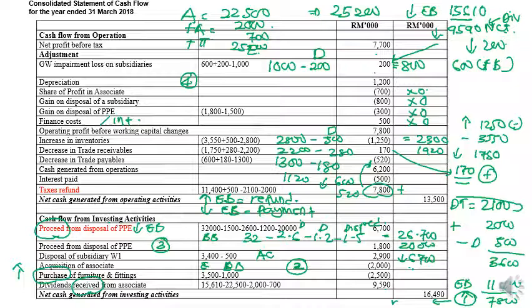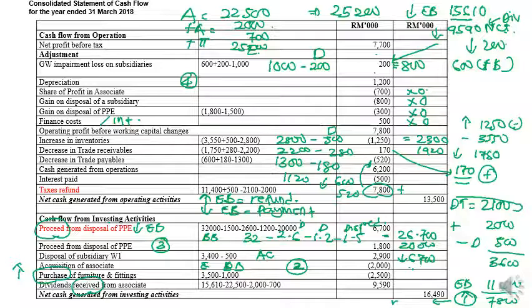1,120. So 1,120 compare with 600. So 600 means that there is a reduction by 520. Yeah? So reducing, this is your trade payable. Reducing, this is your current liability. So you need to minus. So reduce means that we make a payment. So you total up the cash that you generate from operation here, which is 6,200, and then add back